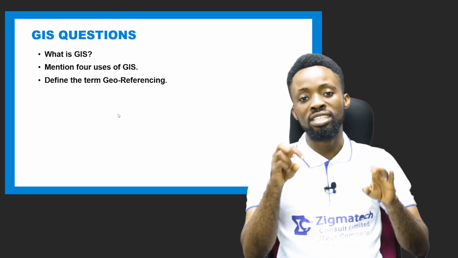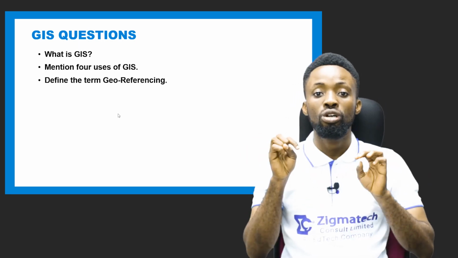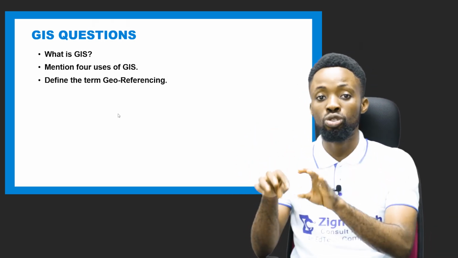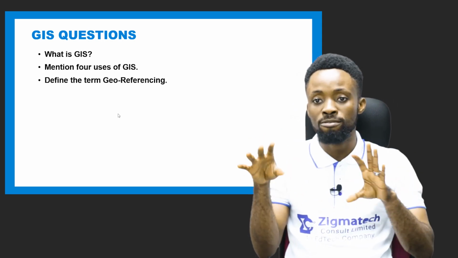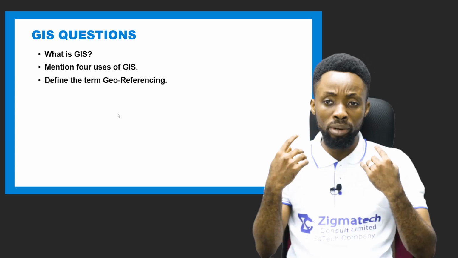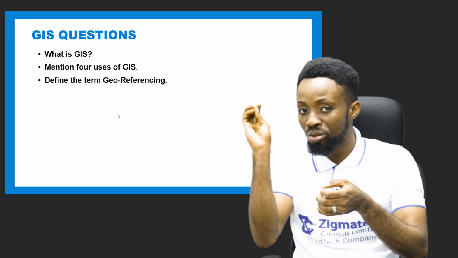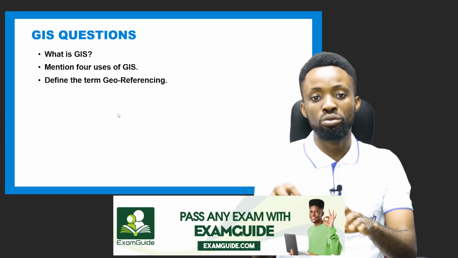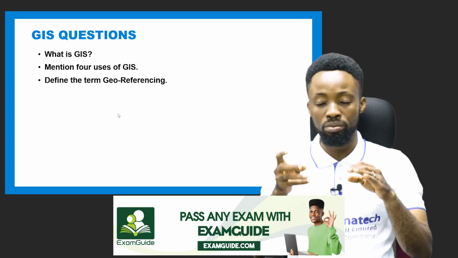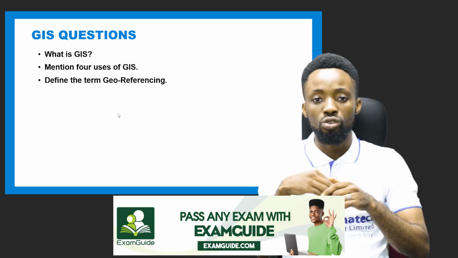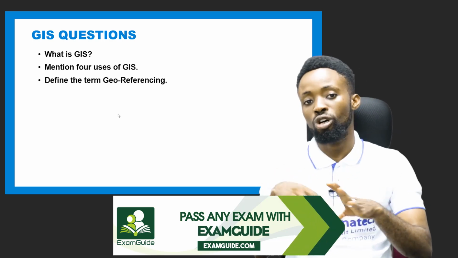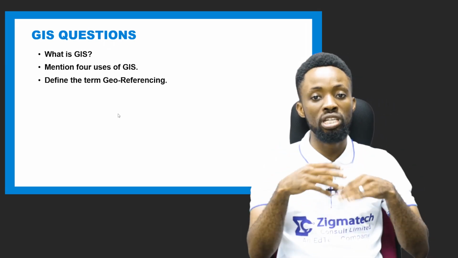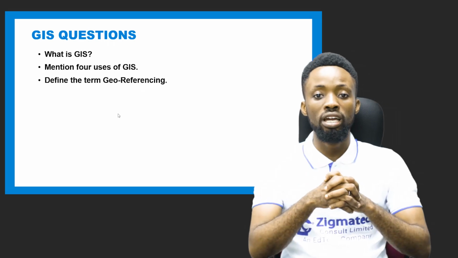And the next question says, define the term georeferencing. Georeferencing has to do with assigning location and positions to objects in a two-dimensional space, or fixing objects with locations on the Earth surface. And I told you that georeferencing is similar to using a puzzle, trying to fix pieces of a puzzle to get a full image. And that's what georeferencing is likened to. So when you fix locations to objects, you're actually carrying out georeferencing. And it's made possible by scaling and rotating these objects to achieve the desired coordinates.